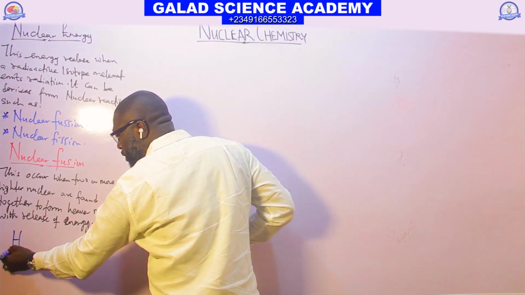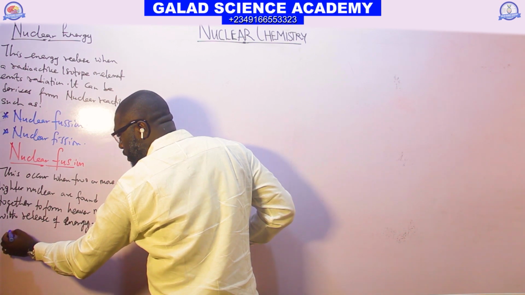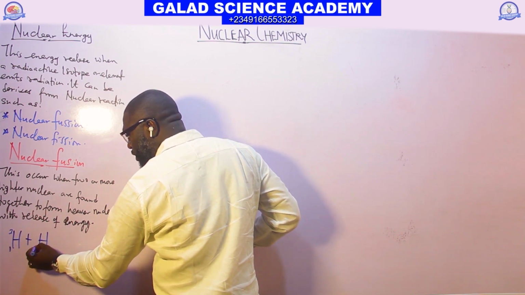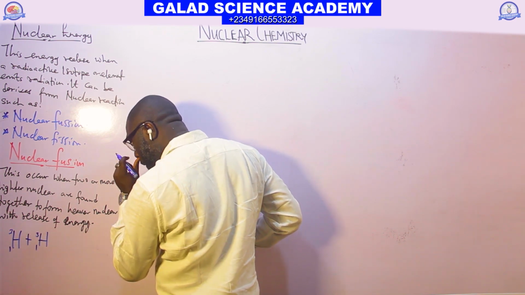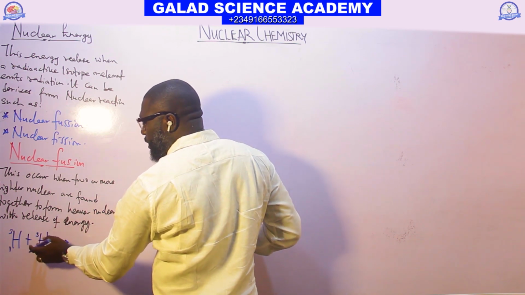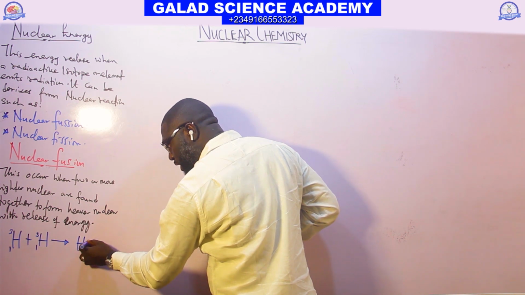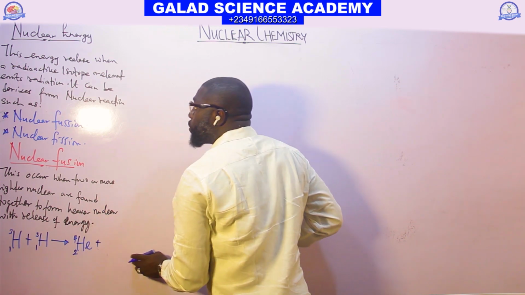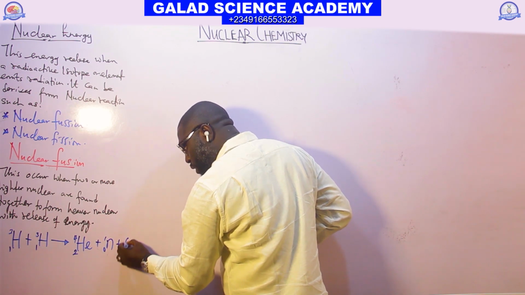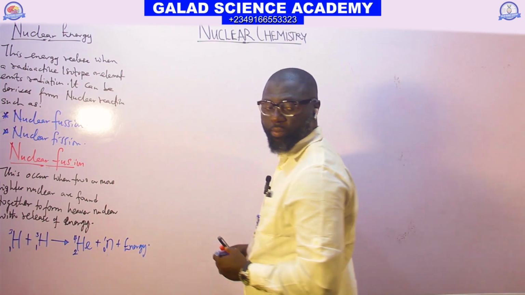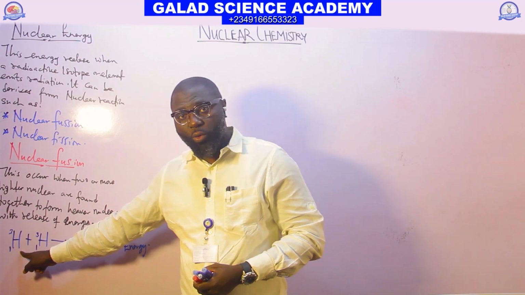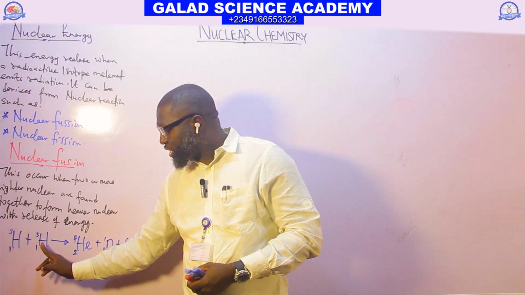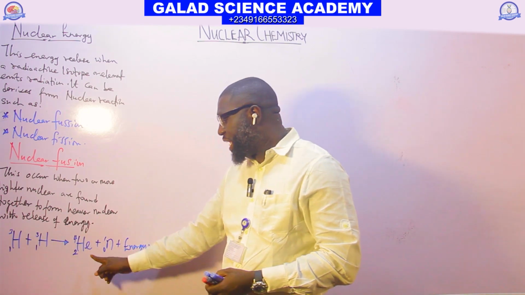We have one hydrogen of deuterium plus another hydrogen of tritium, to give us a new atom, helium, plus a neutron, plus energy. This is what we call nuclear fusion. At the reactant side, the deuterium hydrogen and the tritium hydrogen fuse together to form helium